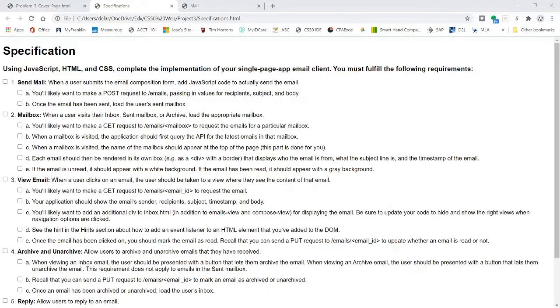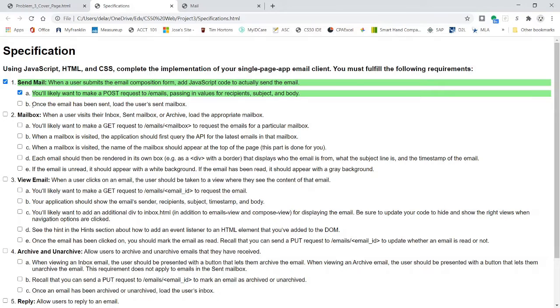Okay, so this problem has a number of specifications and I'm going to walk through each one of them as I demonstrate on the screen. Specification number 1: when a user submits the email composition form, we need to add JavaScript so that the email is actually sent. We do that using a post request, and once the email is actually sent, the sent mailbox should be